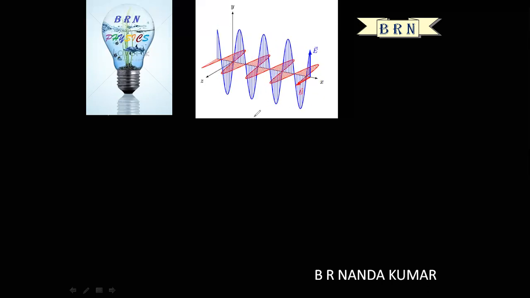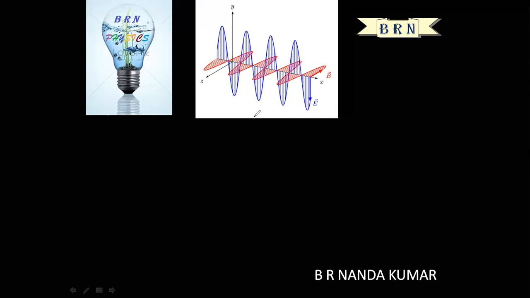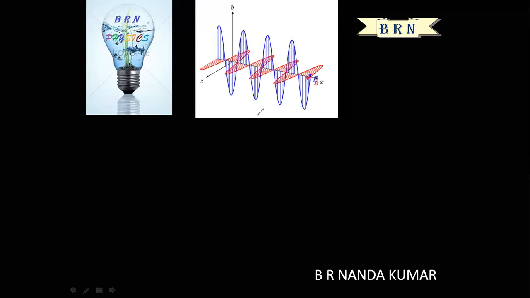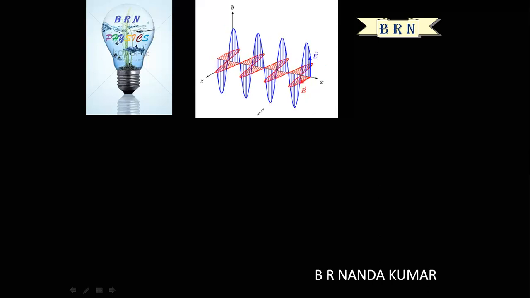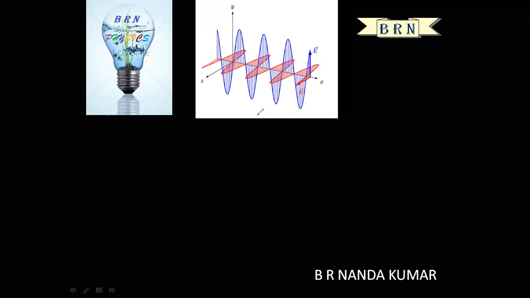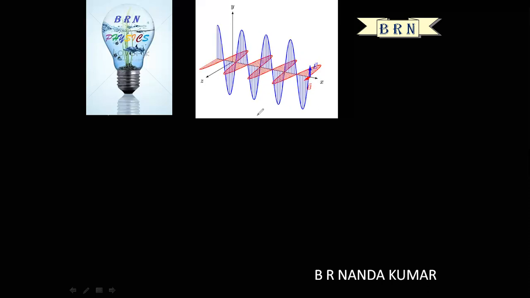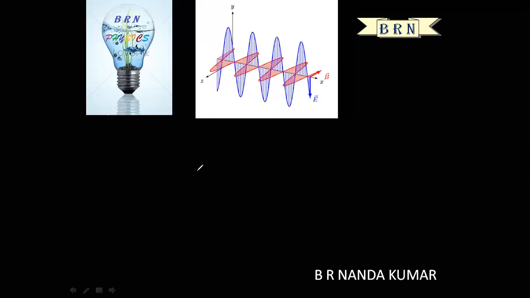When electromagnetic waves strike a surface, pressure is exerted on the surface. They show the properties of reflection, diffraction, interference and polarization. And the electric field is responsible for the optical effects of electromagnetic waves. So those are some very important properties of electromagnetic waves. Name the scientist who first predicted the existence of electromagnetic waves. Hertz, right? Hertz is the scientist who first predicted the existence of electromagnetic waves.